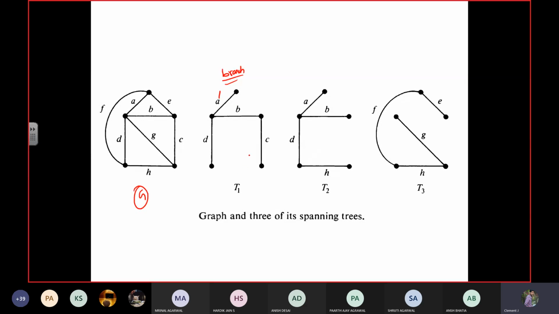One more thing. If an edge does not appear in the spanning tree, but it is an edge of the original graph G, then according to this spanning tree, that edge E is a chord of the spanning tree. Hope you can understand what I'm trying to say. According to this spanning tree T1, A is a branch and E is a chord of T1. By the way, can you try to say another chord of this spanning tree T1?